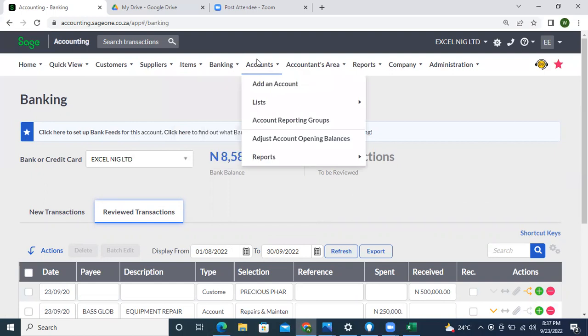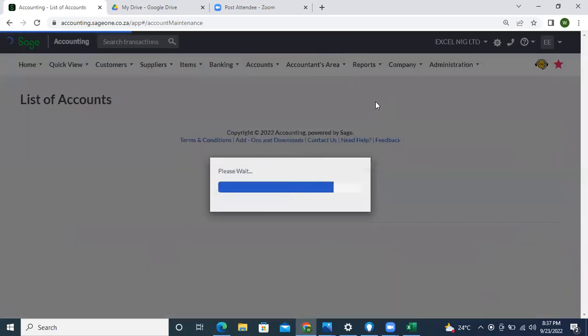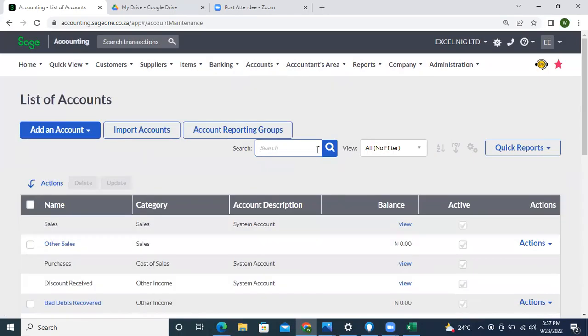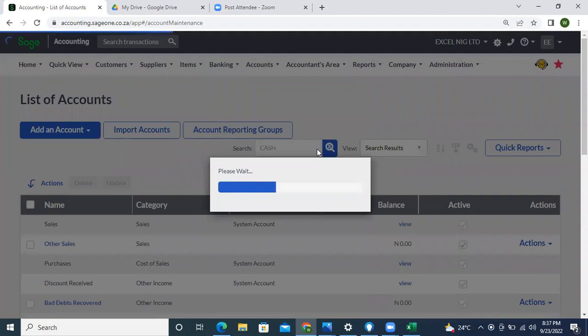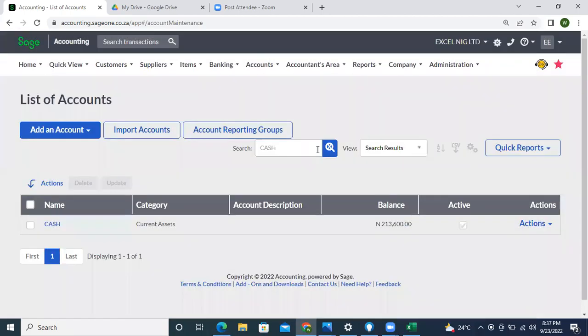So if you want to view your list of accounts to be sure that these have been captured, if you go to list of accounts and ask Sage to bring up cash for you, you can see cash will reduce. Okay, there's a decrease in our cash because of that. We now have 213,600. So ladies and gentlemen, this is basically how to do your postings, or enter